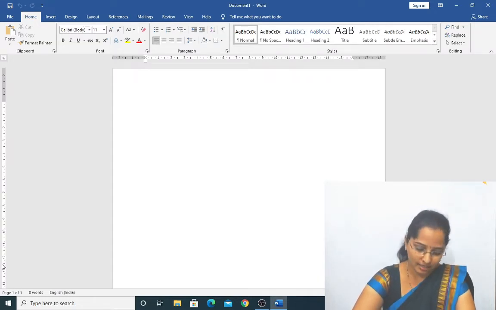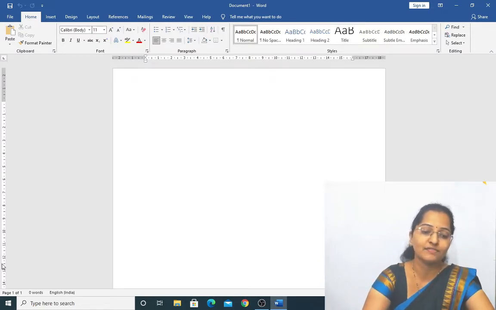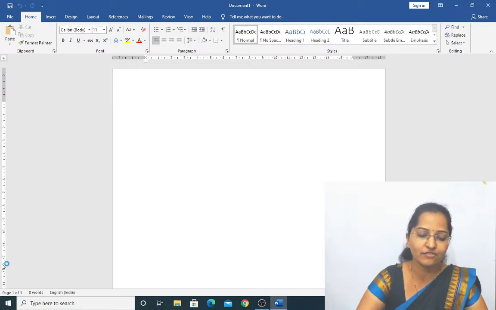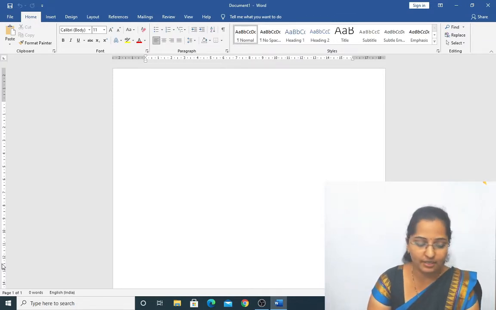Now we'll see how to select the text. Before going to start this, first we'll type one small paragraph. We'll type the editing definition.